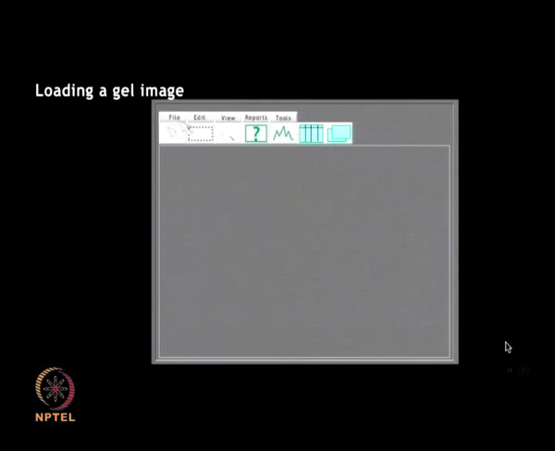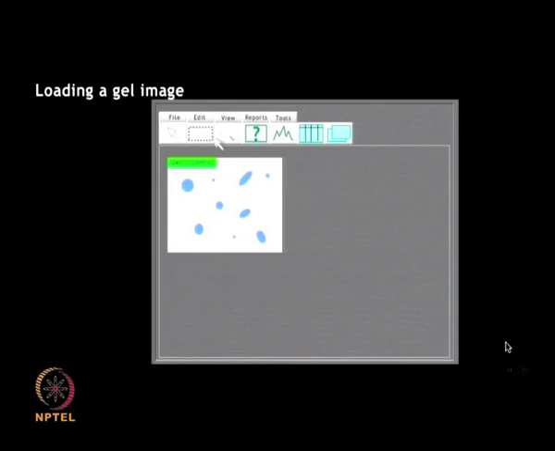So, first you need to load a gel image. It is possible to load either a single or multiple gel images simultaneously. This can be done by means of the load option in the file menu.